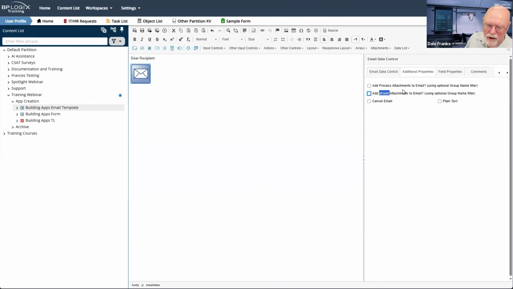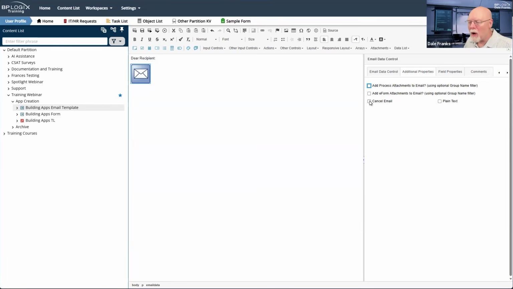There are certain circumstances, for example, you don't have a process where that's not possible. And so you have to attach it to the form or you can't attach it anywhere. But for the most part, you would click the add process attachments. And you would have to, because if that is unclicked, none of the process attachments will be sent in the email. Now, we're not going to do that in this email today. We won't have any process attachments. So we're going to ignore that for now, but you need to be aware of that property.